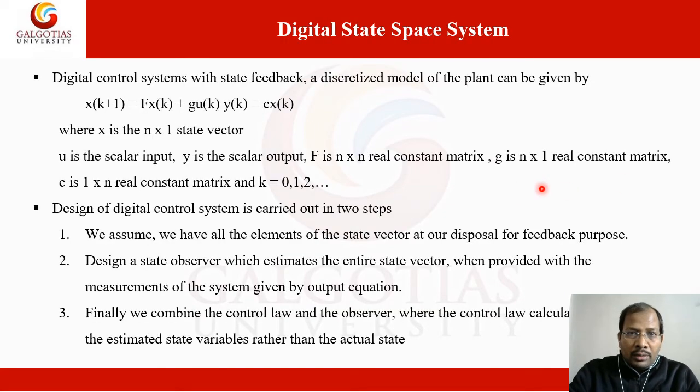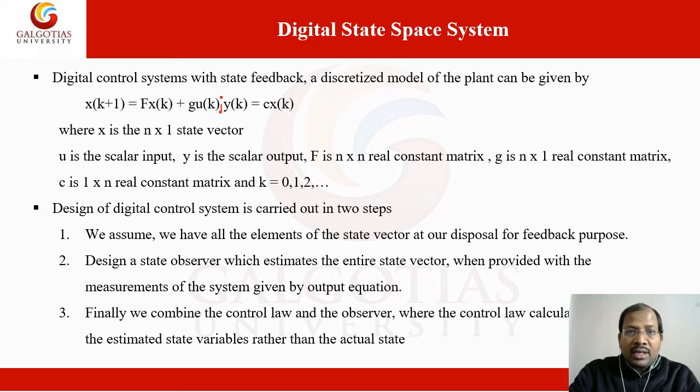First we have to discuss the digital state space system, which is already covered in the previous lectures. For a digital control system with state feedback, a discretized model of the plant can be written in this form: x of k plus 1 equal to F x of k plus G u of k. This is the state equation, and the output equation is y of k equal to C x of k,